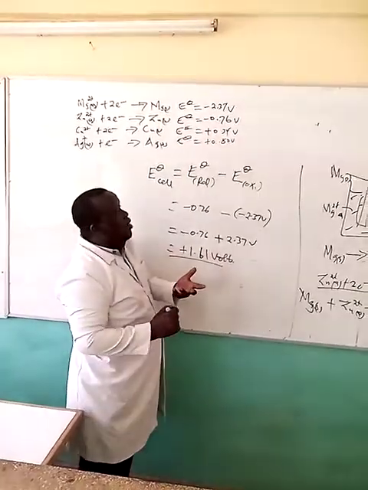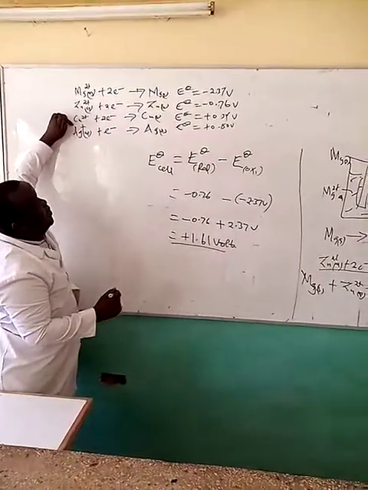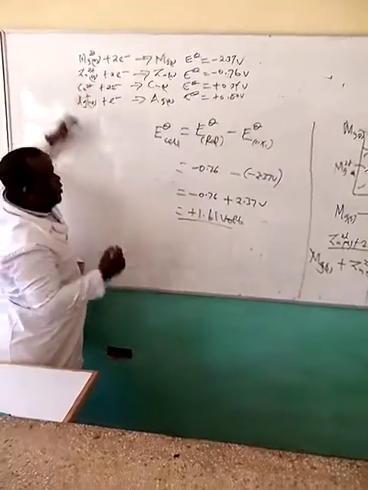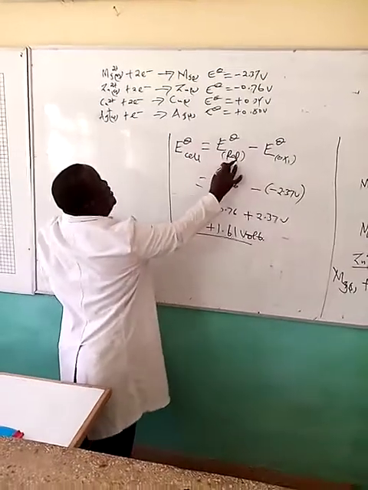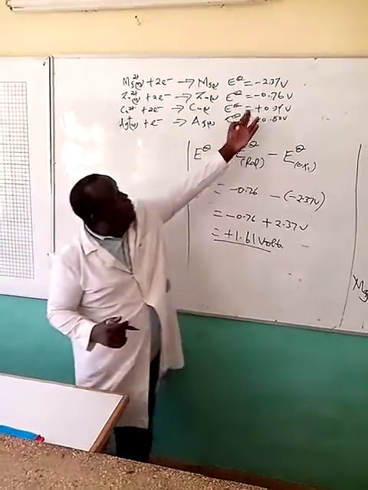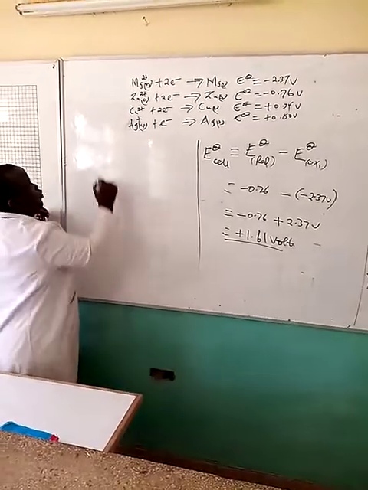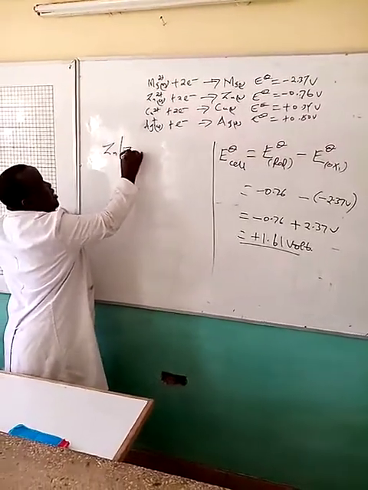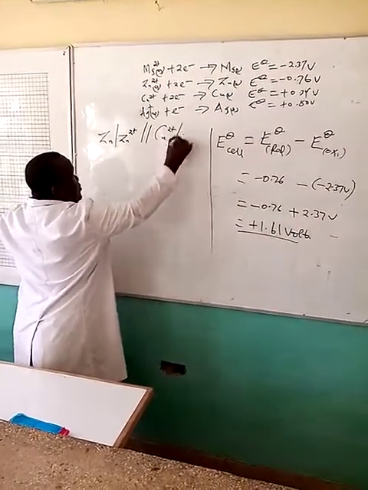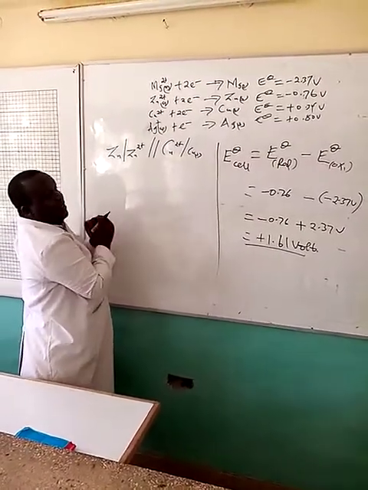The question is, how do we come up with the EMF of a cell, for example, of that of zinc and copper? In the case of zinc and copper, how do we come up with the electromotive force of this particular cell? This is the case of magnesium and zinc. But in the case now of zinc and copper, and yet they have different signs, the question is, how do we now identify? In such a case, when you have zinc ion half cell, and also copper ions, copper solid, half cell, how do we come up with the electromotive force of this particular cell?